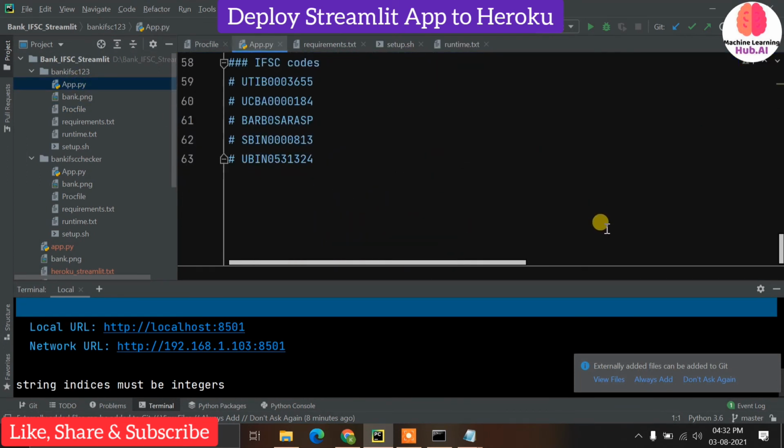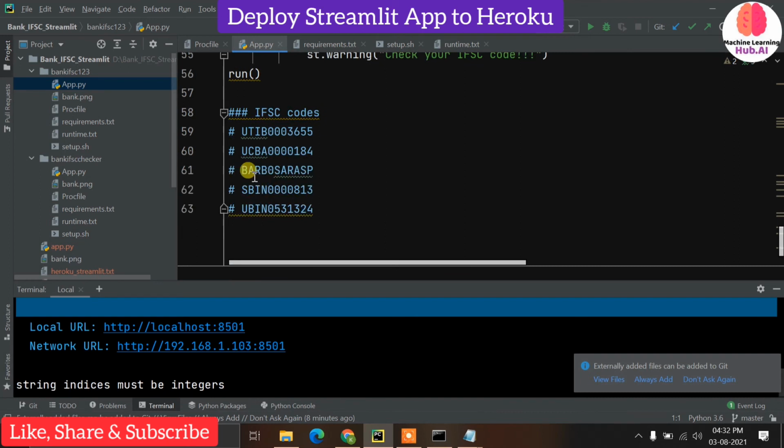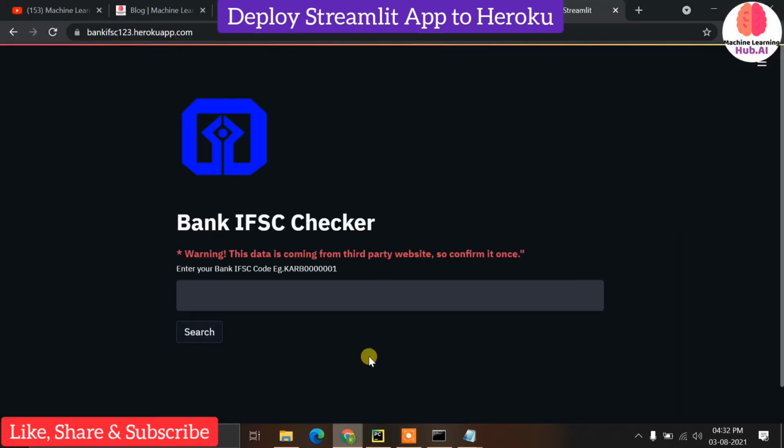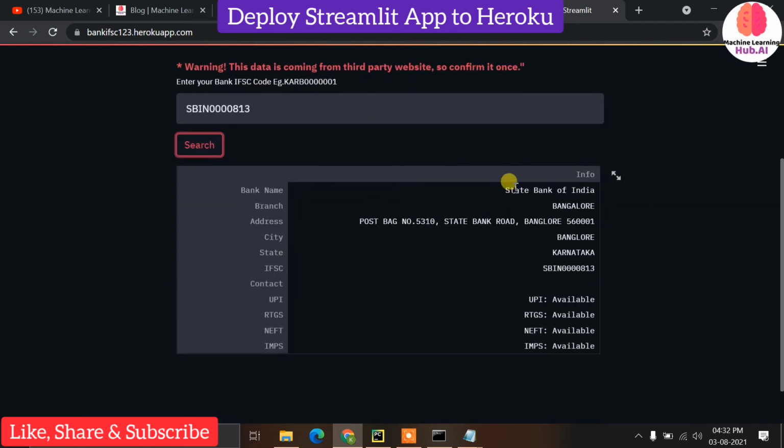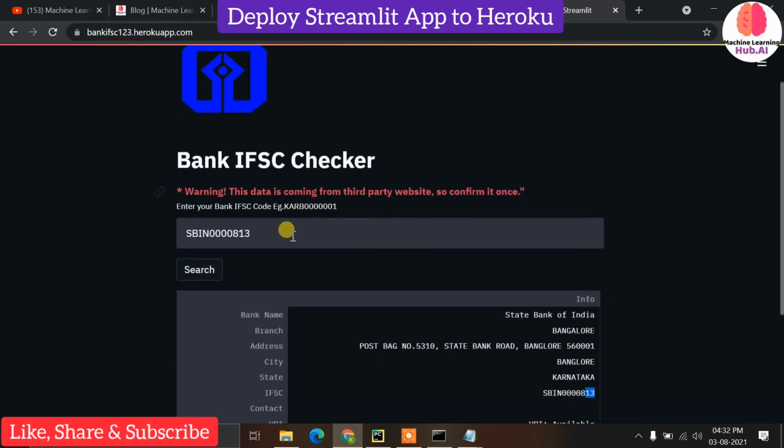So let me copy one of the IFSC codes from here. I'm just pasting one IFSC code here, and I should get the details of that bank. And you can see I got the details like SBI Bangalore branch, contact number. It might not be displayed by the API.